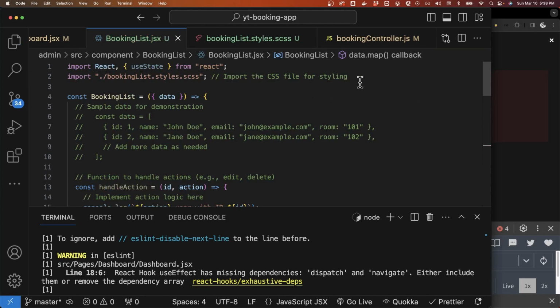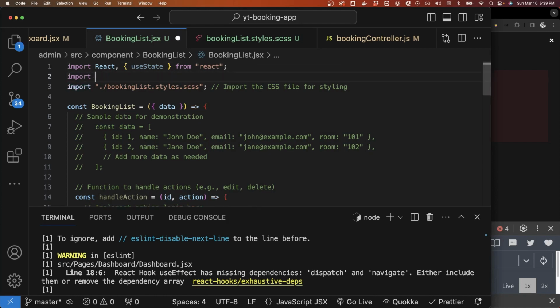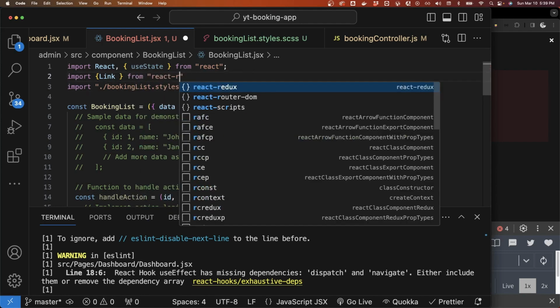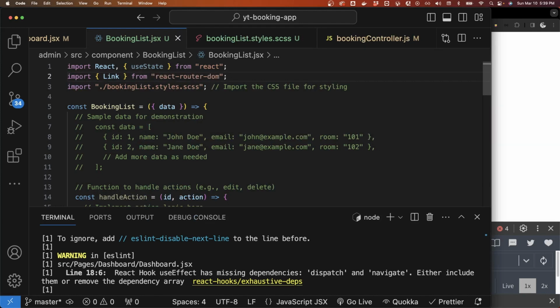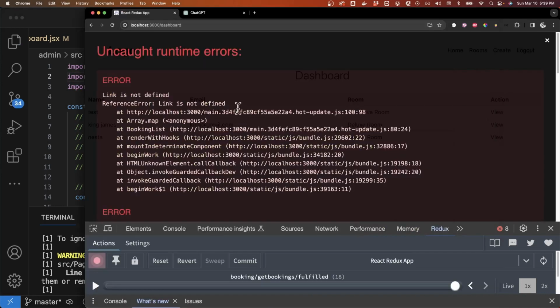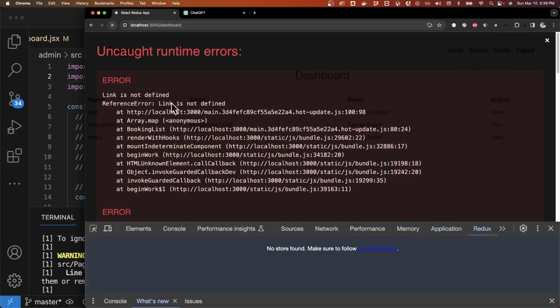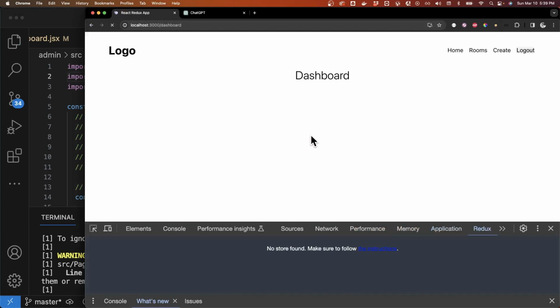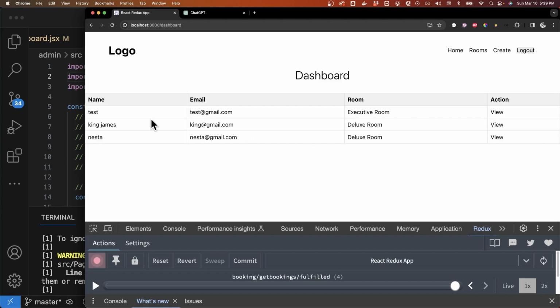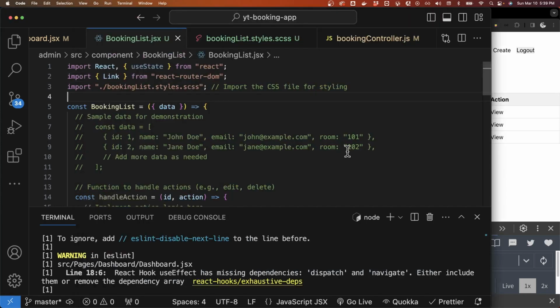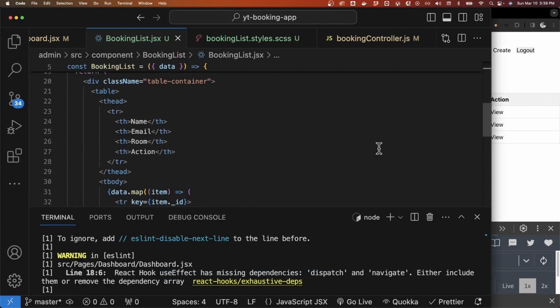And let's import the link: import link from React router, like that. It is not defined. Yeah. Cool. So that gets us all the bookings, but what I'd also want to do is to put this in